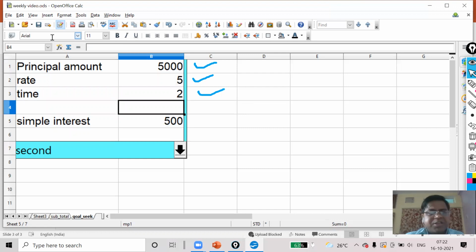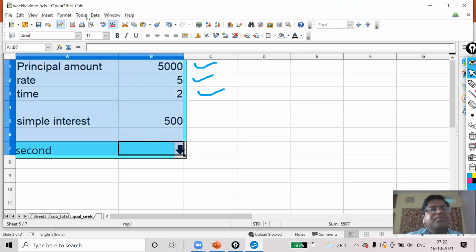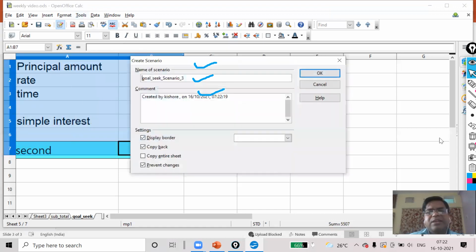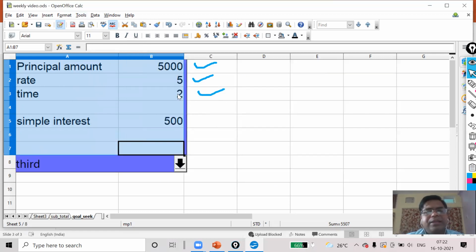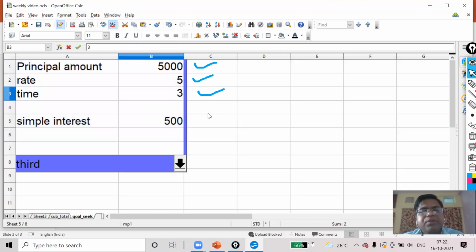For the third scenario, I will select tools, scenario, and here I will go for the third, in which I'm going to give the time 3 years and the border as blue, and then OK. Here I will give 3 years.